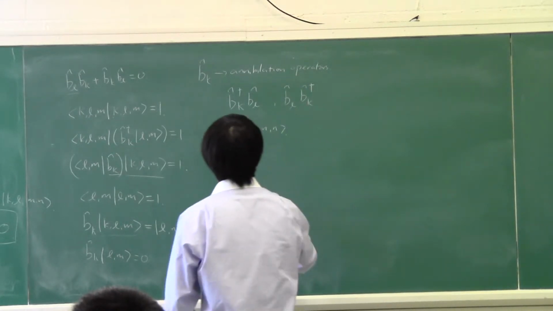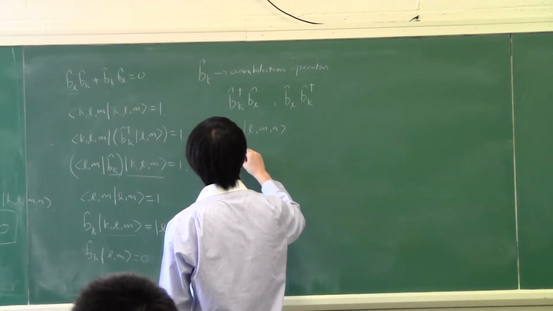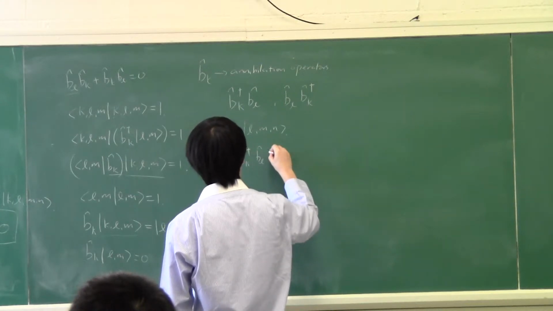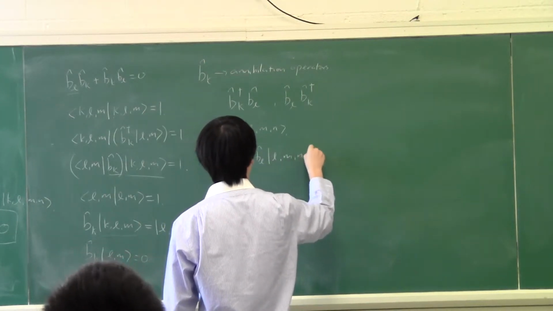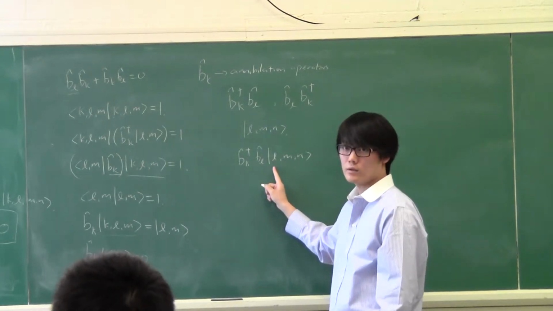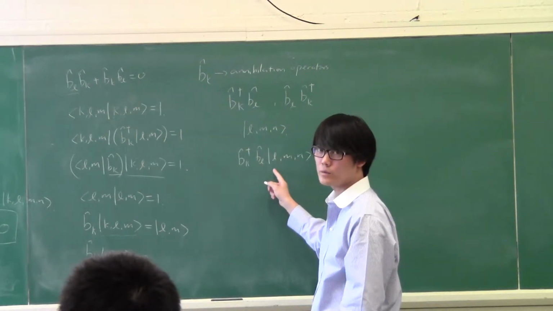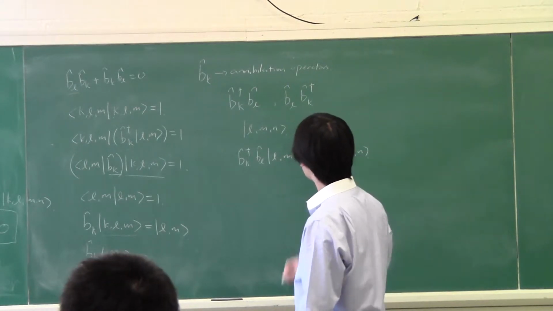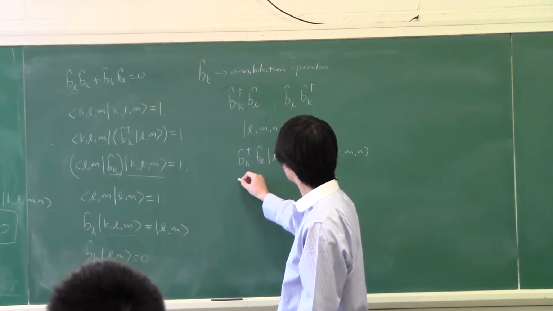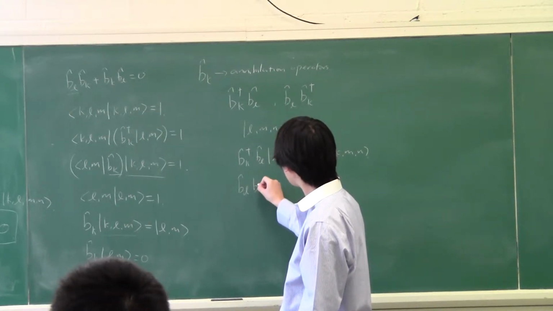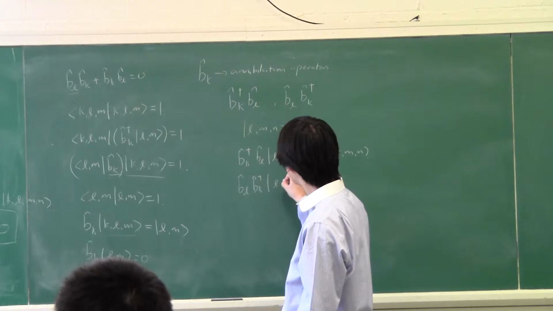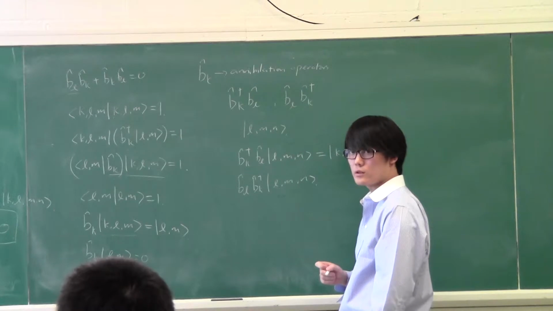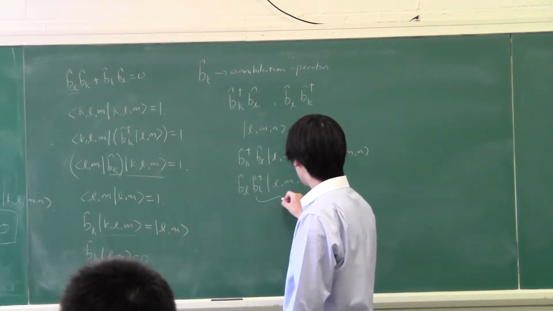Right? So let me do this. The first one, now this destroys the L and creates a particle in the K state, all in the first position. Right? So this is equal to K, M, N. Right? But if we reverse the order, okay, we're going to create a particle in the first state first, in the first position first. So this gives you